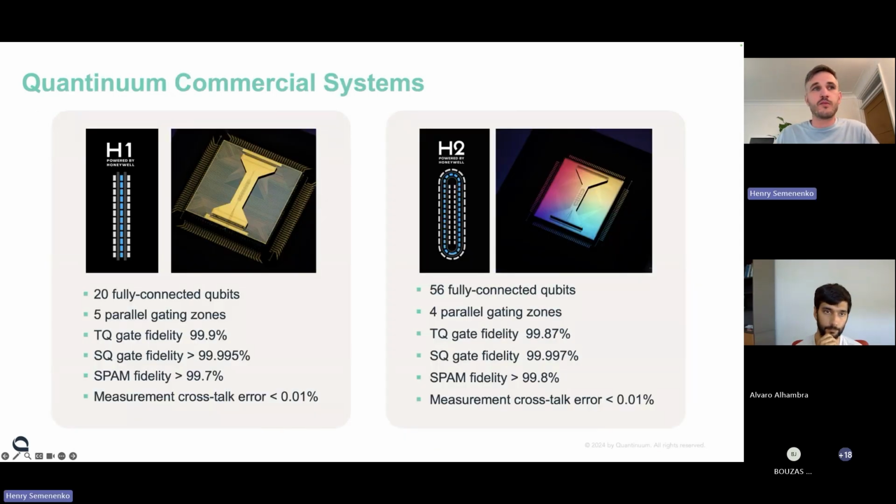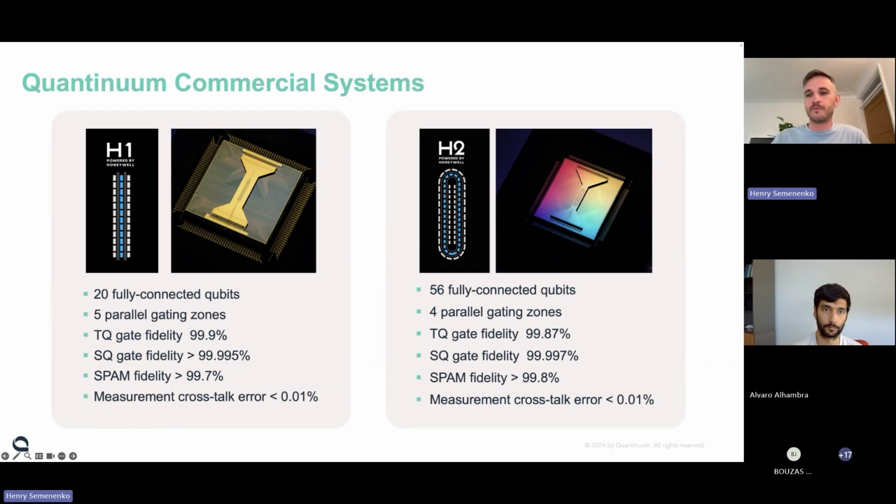these particular systems, I was talking about the H1 system. We also have a H2 commercial system, and these are ones that are currently available through cloud providers that people can run circuits on. And so on the left-hand side, our H1 architecture, this was the linear architecture that I was showing previously, has 20 fully connected qubits. In this operation, there's 5 parallel gating zones and very high fidelity operations with very, very